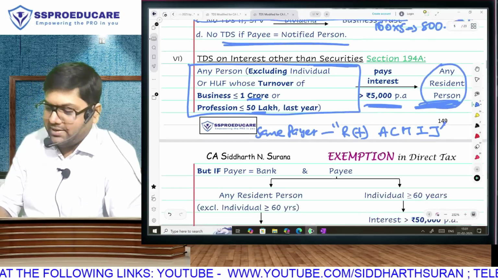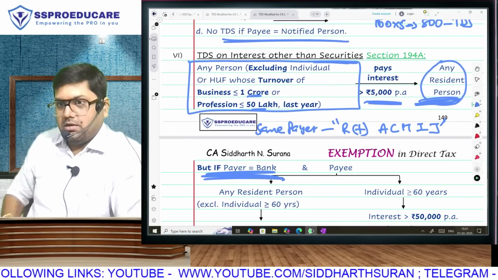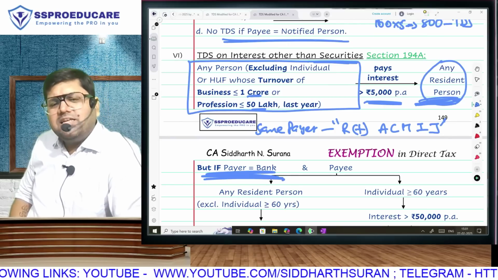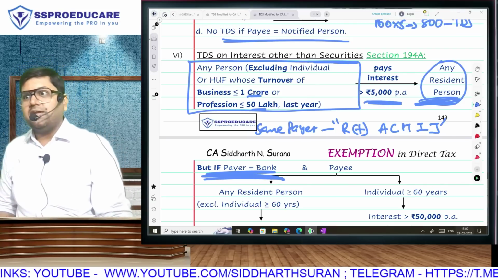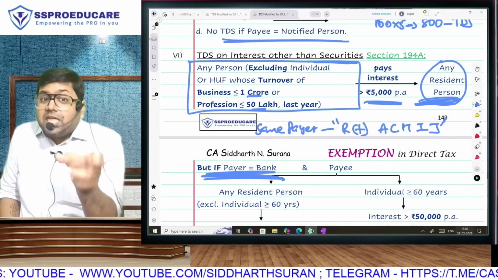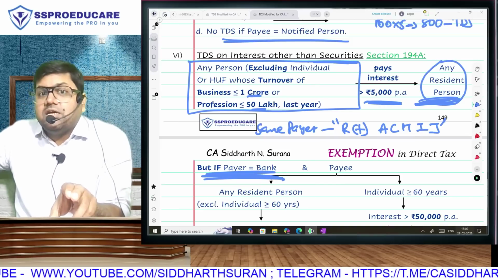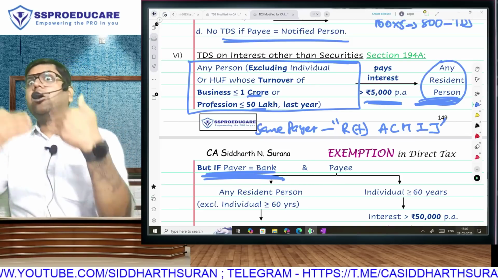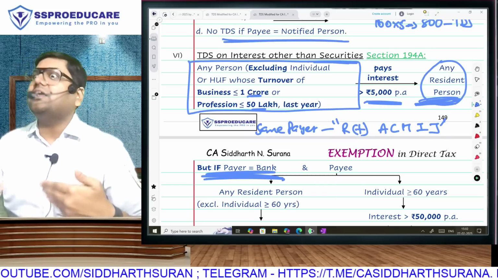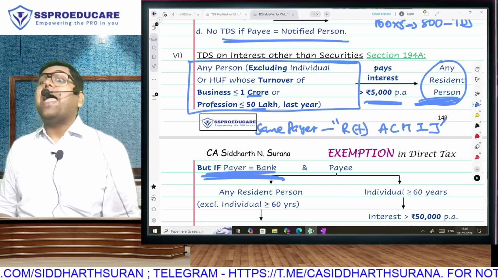You have to learn greater than 5,000. But now understand, if the payer is a bank, do you realize that what for you and me is sale and purchase, for the bank is interest paid and received? If we keep a 5,000 threshold, then the number of account holders that will have TDS will be too high, and the duty of the payer will increase. So the bank will have unnecessarily extra work. So we are increasing the threshold. For bank interest, we won't